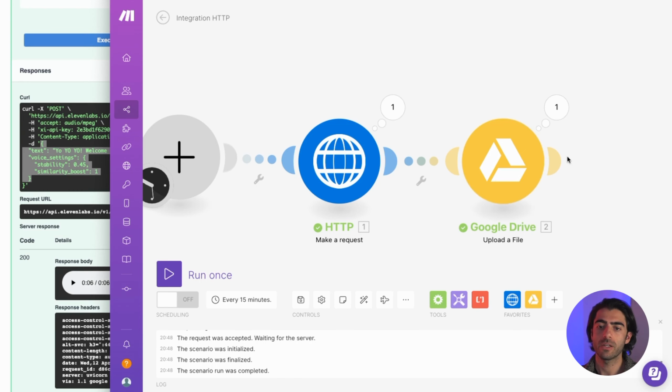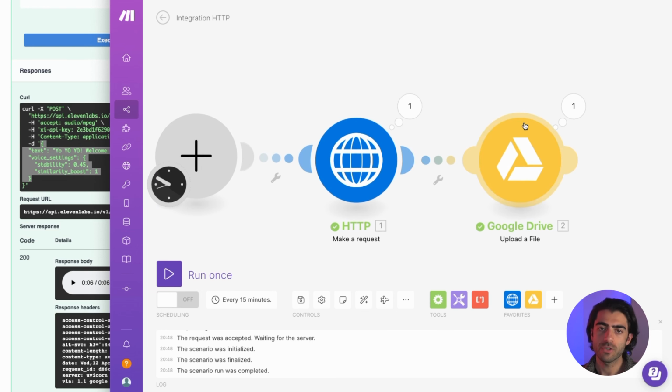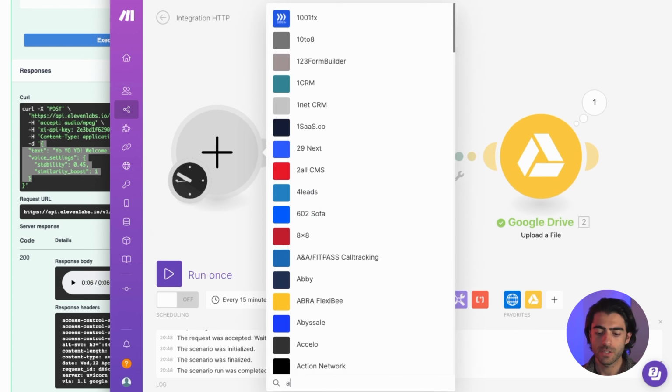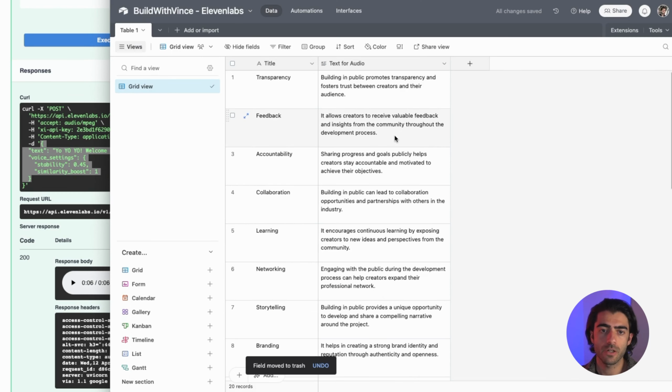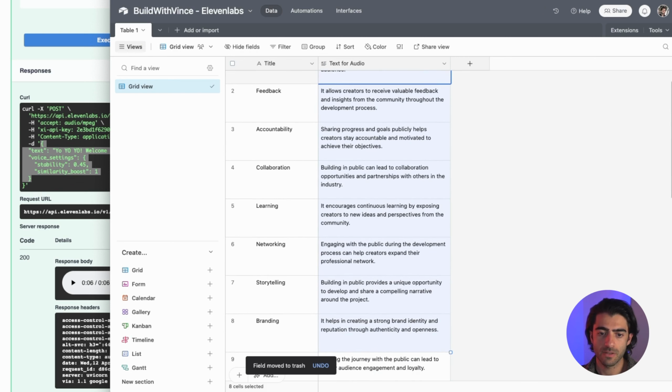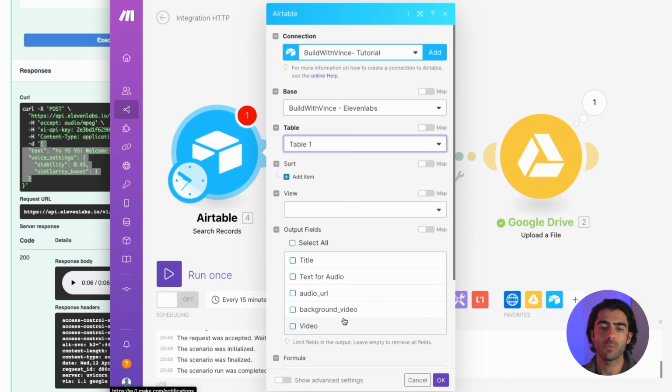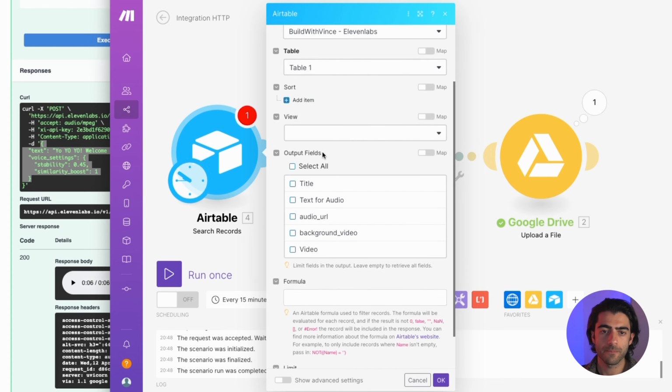So now that we have the file in Google Drive as a URL, you can see how easy we could use that, either in Google Drive within your marketing team, or elsewhere. Another thing you can do that I haven't shown you yet is using Airtable. So imagine you would have a database in Airtable with all your different texts for audios. And what you would do is you would go here and say, create an Airtable link, get all my data,